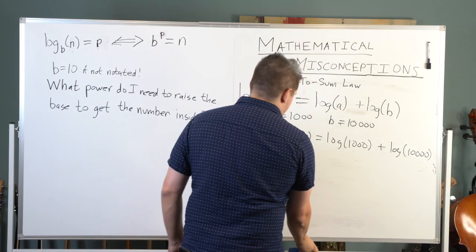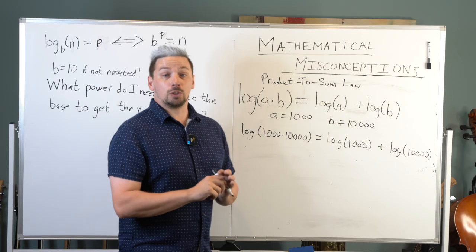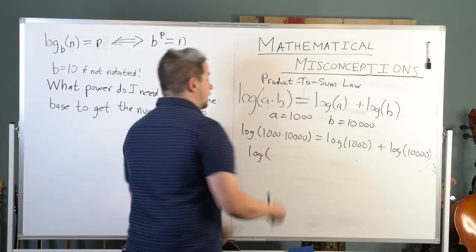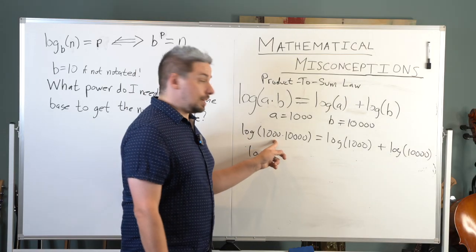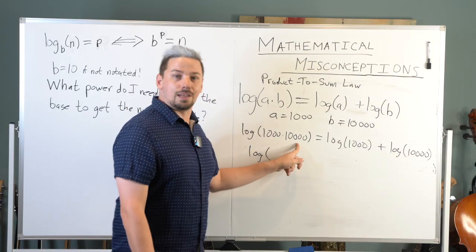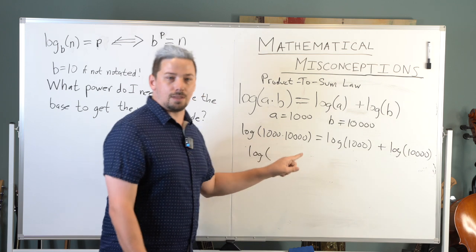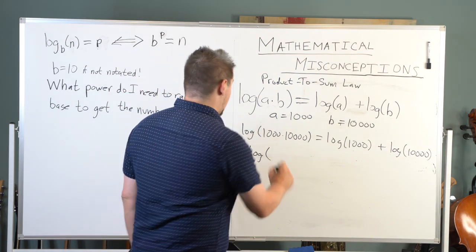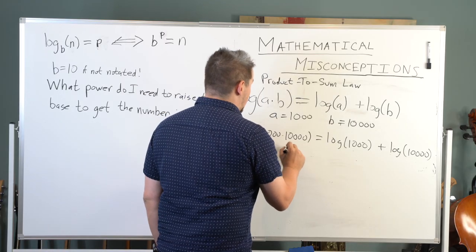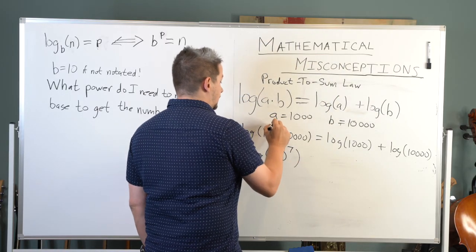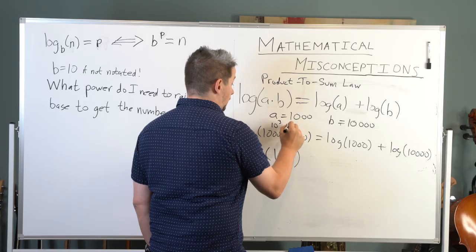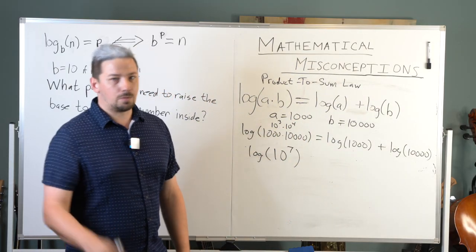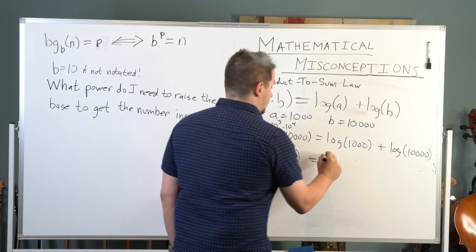Well, the way that I like to do it is I like to actually write things in exponential form. So we have log of, and then 1,000 is 10 to the 3 times 10,000, which is 10 to the 4. And what's 10 to the 3 times 10 to the 4? Like bases, multiply them together, add the powers. 3 plus 4 is 7. So it's going to be 10 to the 7th power. So again, this is 10 to the 3 up here times 10 to the 4. 10 to the 3 times 10 to the 4 is 10 to the 7. So far, so good. Equals,